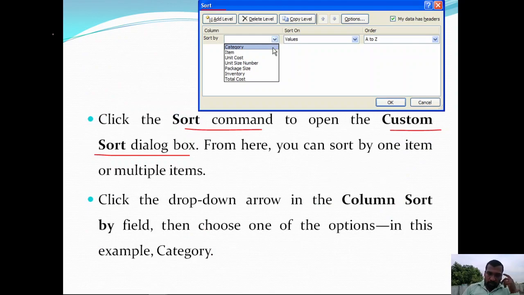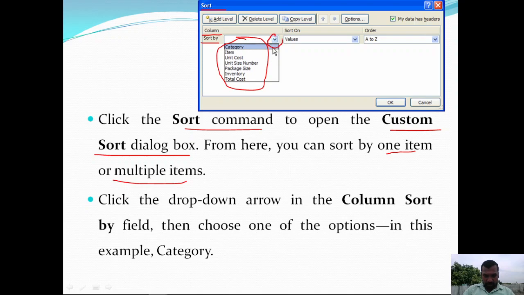If you want to perform this custom sorting, open the custom sort dialog box. From here you can sort by one item or multiple items. For that purpose, choose one of the options among the column sort by.